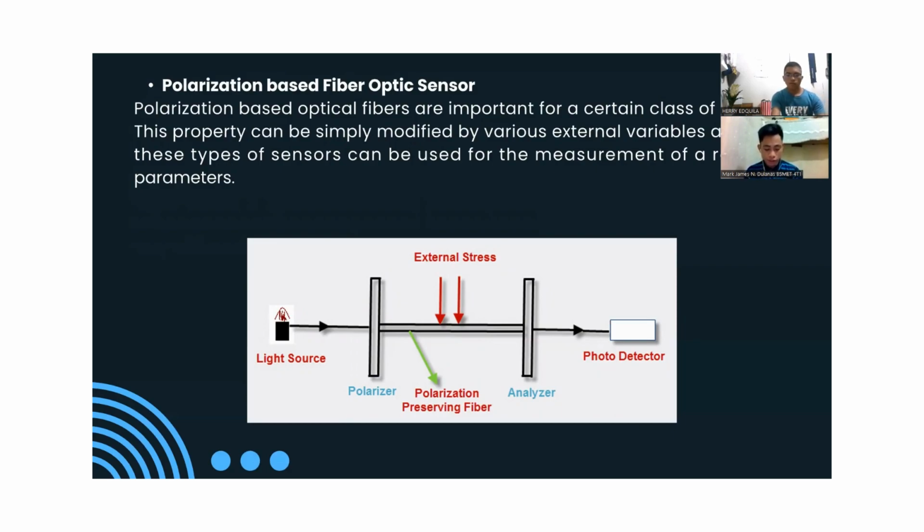The optical setup for the polarization-based fiber optic sensor is served as sensing fiber. Then, the phase difference between the two polarization states is changed under any external disturbances such as stress or strain. According to the external disturbances, the output polarization is changed. Thus, by considering the output polarization state at the end of the fiber, the external disturbances can be detected.